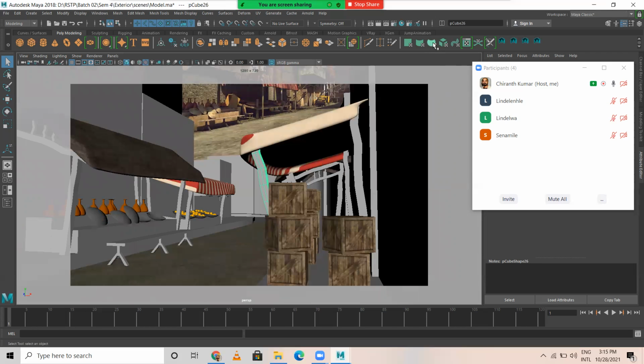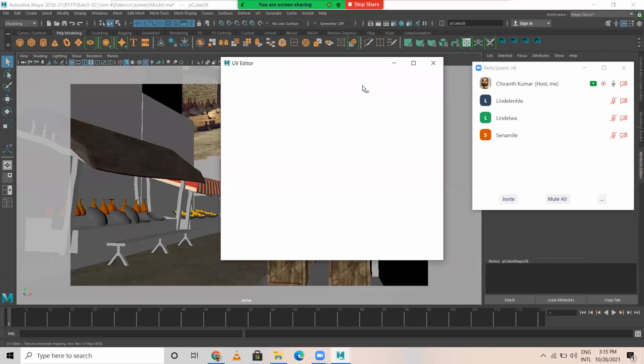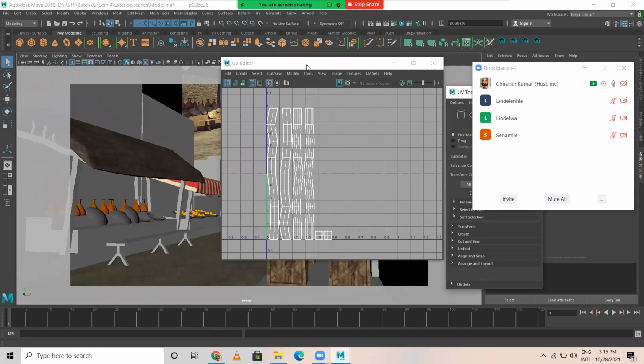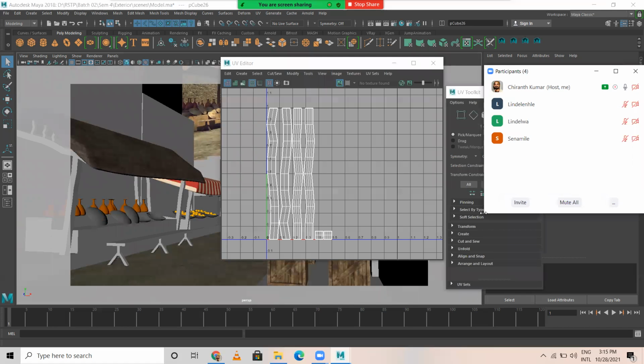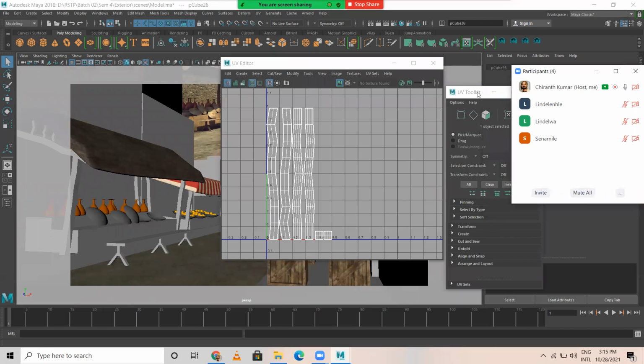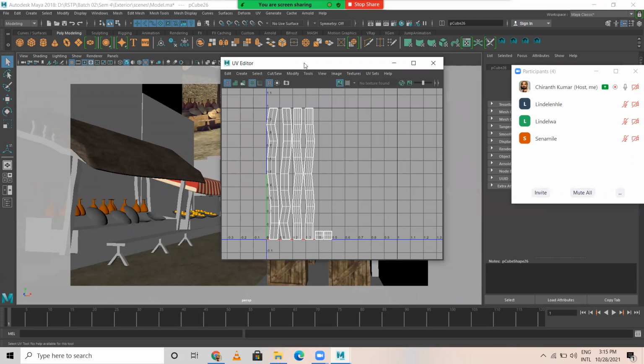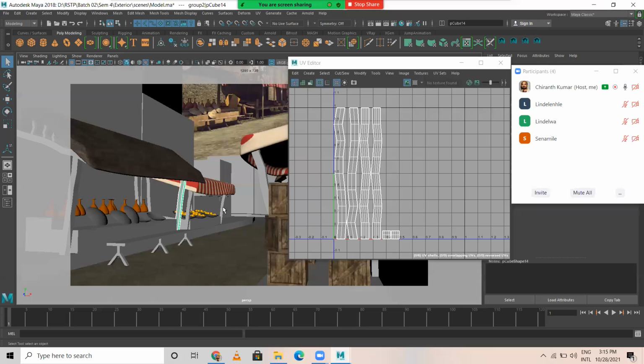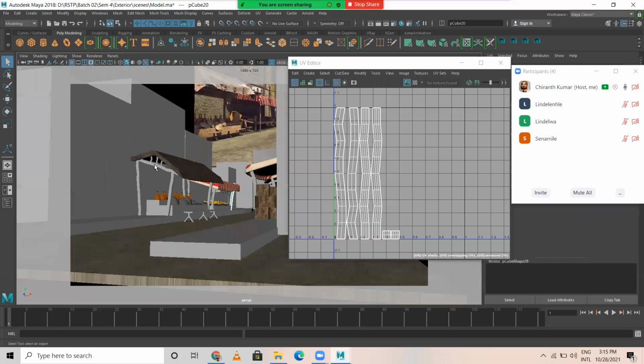When you select this model, just go to the UV editor. The unwrap looks like this. I select this model, the unwrap looks like this. You select any of the models because once the unwrapping is done, this is how it looks. Six sides will get separated.